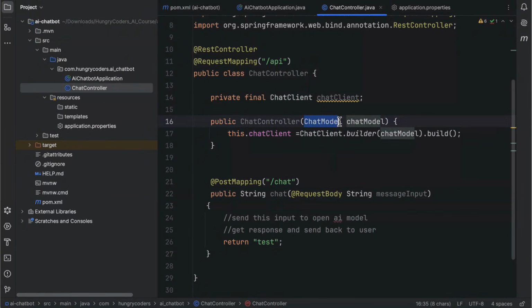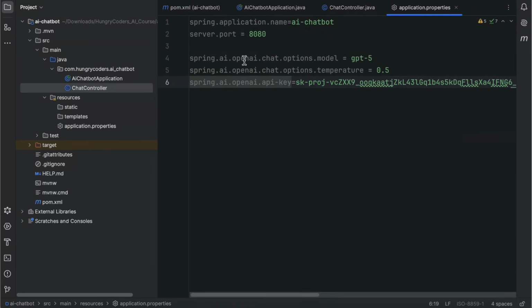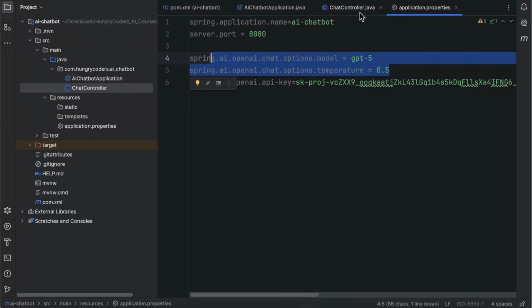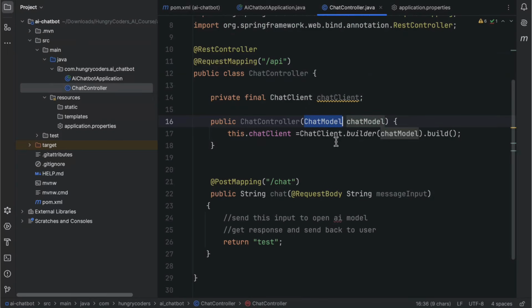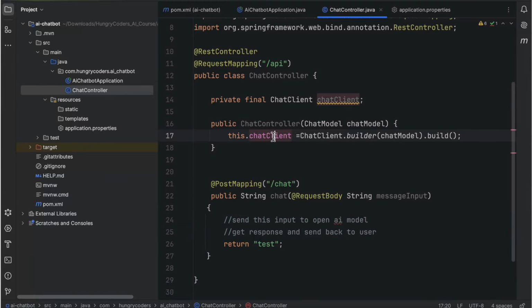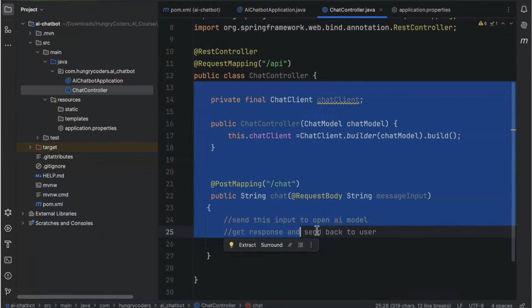If we are using this chat model, right, so on the runtime it will automatically read this file. We already have the chat options, so it will read these properties and inject into this chat model, and then it will be used inside chat client. So here we need to use the chat client. So let's write the code and then I will explain to you line by line whatever we have written so far,